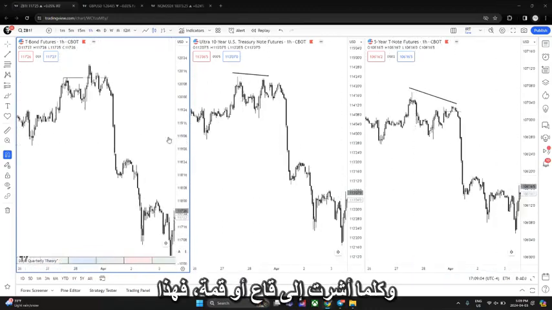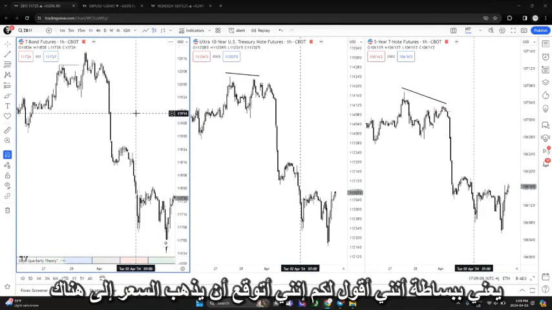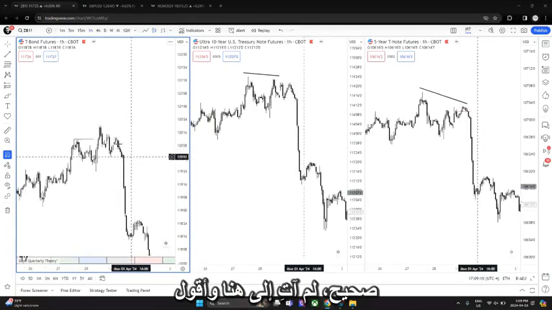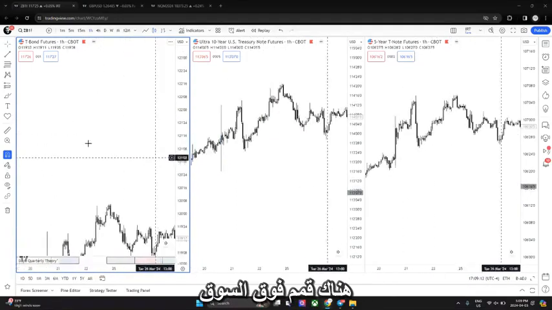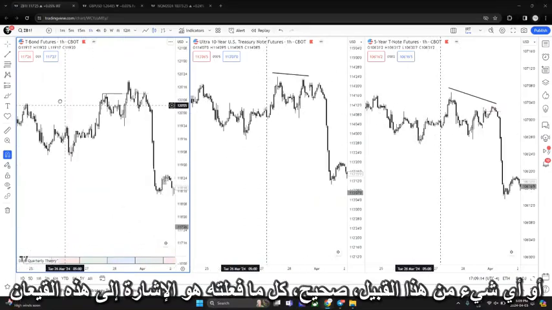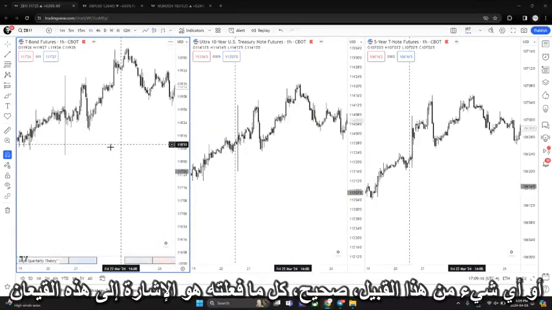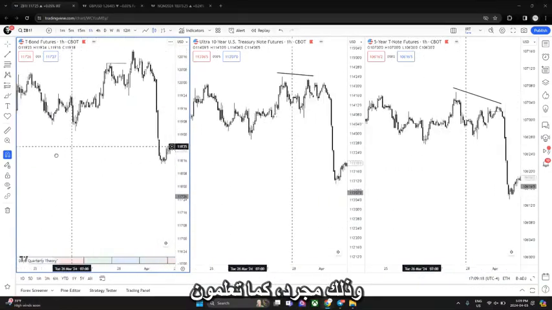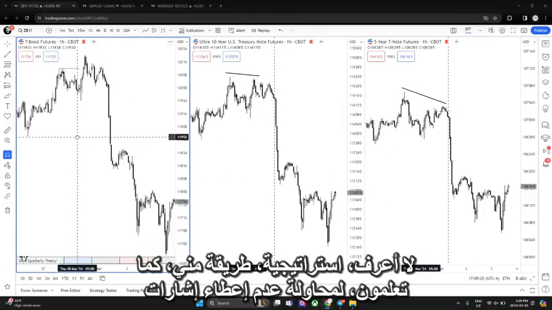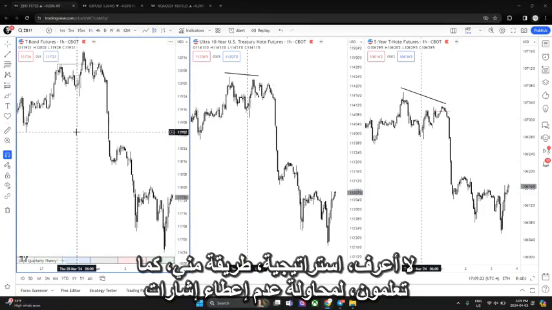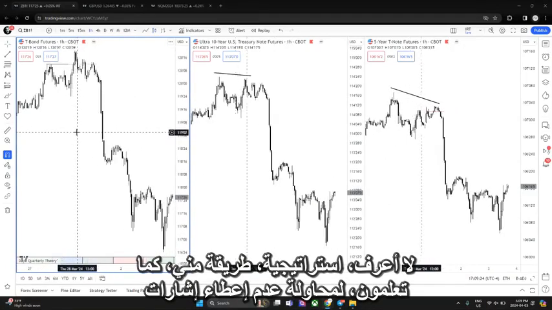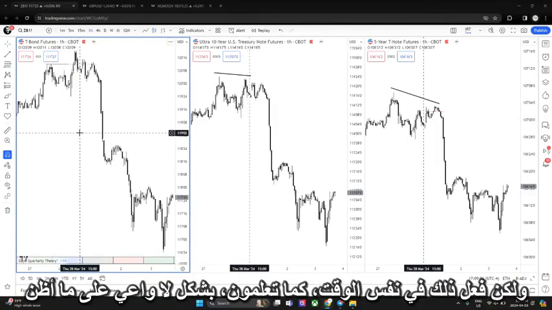And whenever I refer to a lower high, it's basically me saying that I expect price to go there. I did not go here and say there are highs above the market or anything like that. All I did was refer to these lows. And that is a strategy, a way of me trying to not give signals, but doing it at the same time,